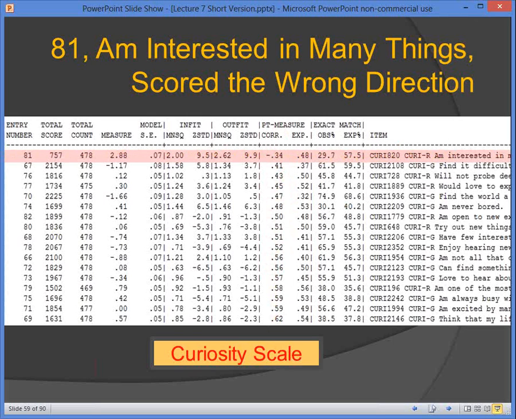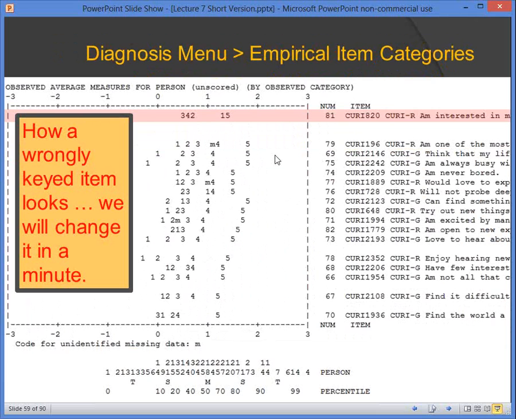So the first thing to make sure of is that you don't see any negative correlations here. We want all the correlations to be positive. This is telling us that the item is scored in the wrong direction. And so the question is, how do we change the direction of the scoring of the item? Okay, so we're going to get to that in a minute, but first we want to look at the empirical